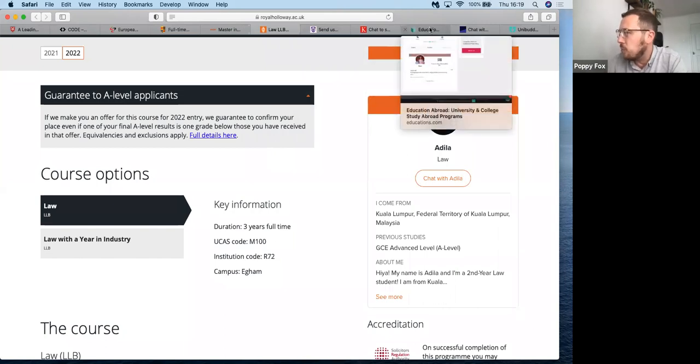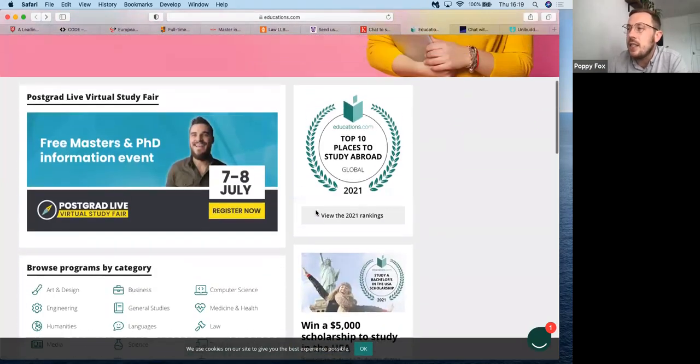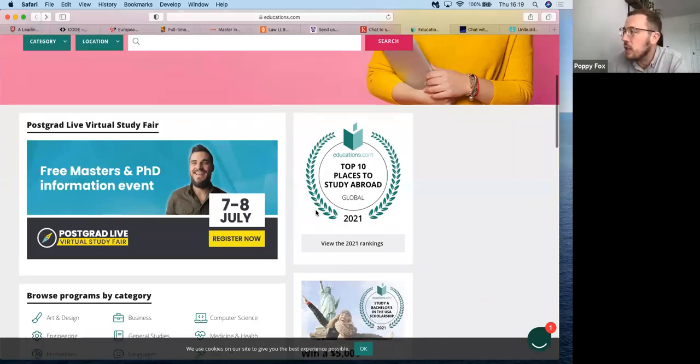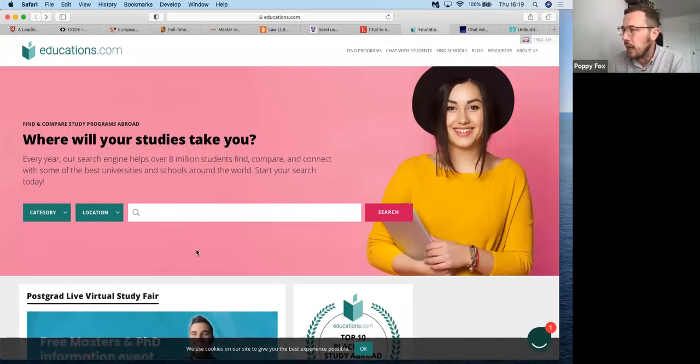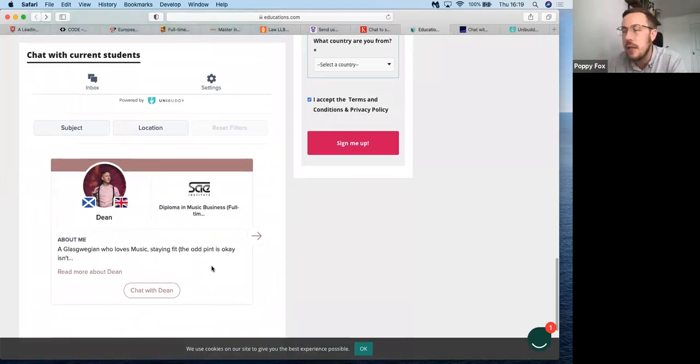But one final aspect I wanted to draw attention to, which I mentioned during the slide deck, is the opportunity you have to embed Unibuddy on third-party web pages. We are building a network of partners who are working in the online student recruitment space. One really good example is educations.com, where our mutual partners have the opportunity to embed their ambassadors on the main landing page. With 7 million visitors to educations.com each year, this is a great opportunity to showcase your student ambassadors to a new audience.